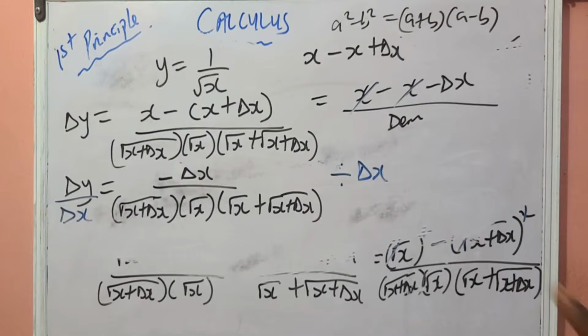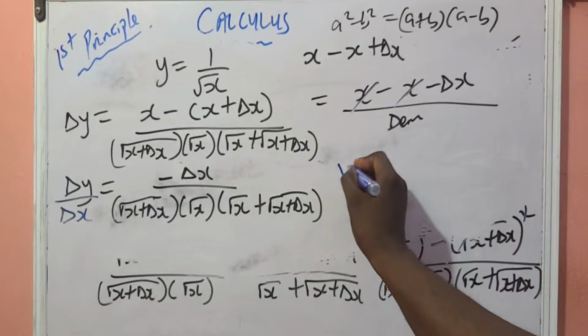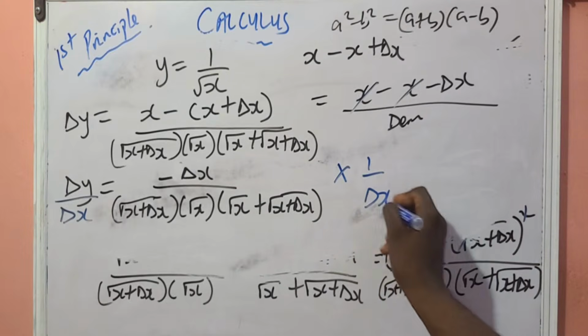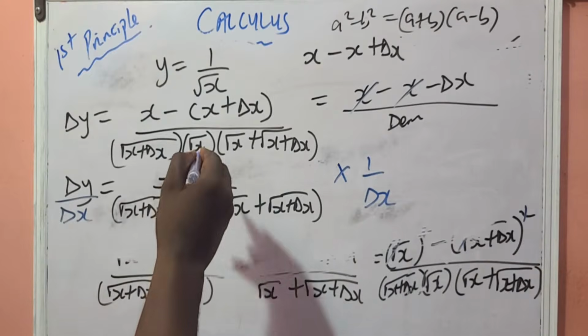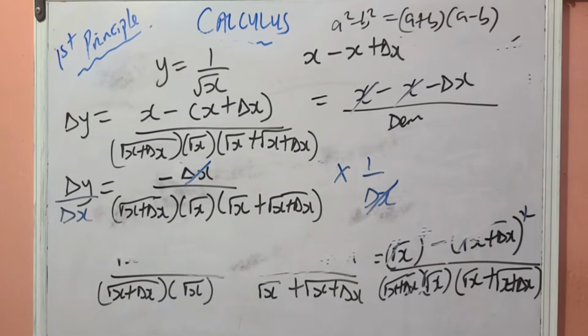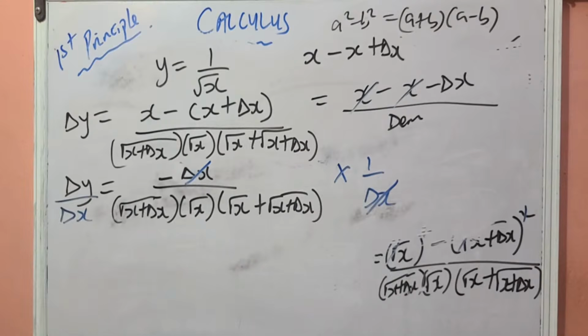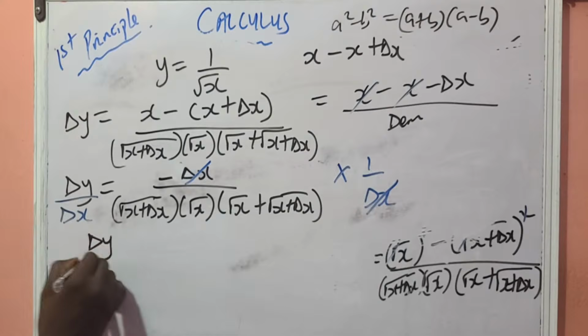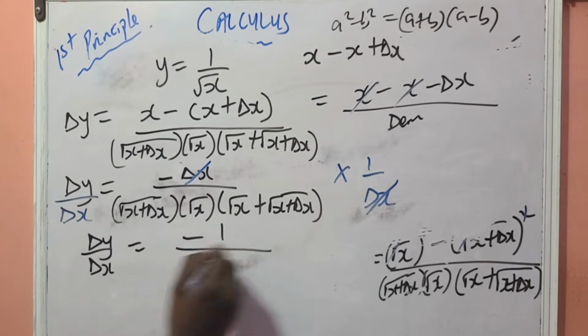Now, I don't want to write this as divided by again. I want to change it to times 1 over change in x. And you can see clearly that the change in x can cancel the change in x right here. So what are we left with? We're obviously left with minus 1 as the numerator. So we have change in y over change in x being equal to minus 1 over,